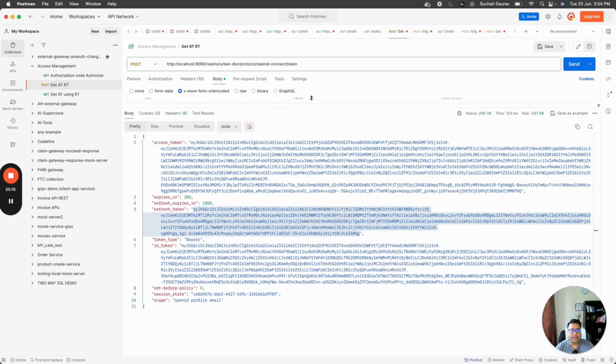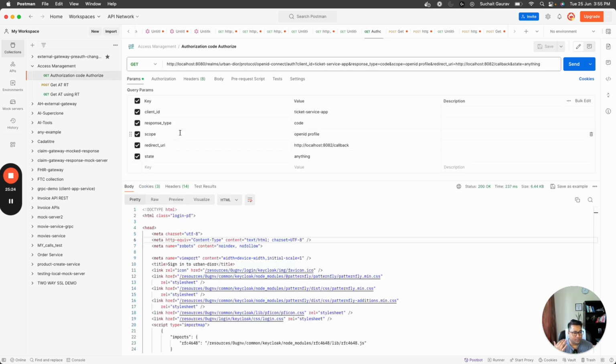Rather than that, you can directly use this call, send your username, password, client ID and client secret, and directly generate your access token and refresh token. But generating the code adds one more layer of security,